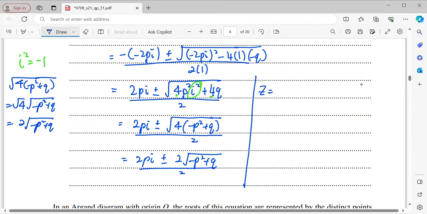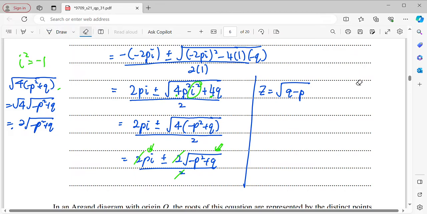So now the 2 will be cancelled off. Okay, all these 2 will be cancelled off. Then now my real part, obviously this is the real part because this is the term with the i. So now I will be splitting it into 2 parts, right? So it will be square root of q minus pi, right? Instead of minus p squared plus q, I will write